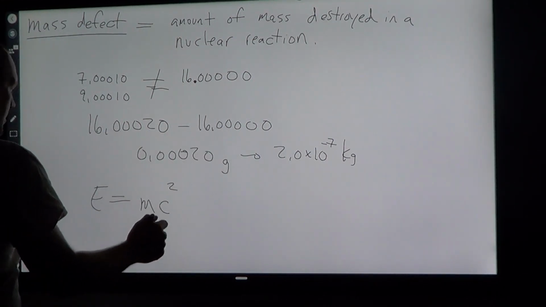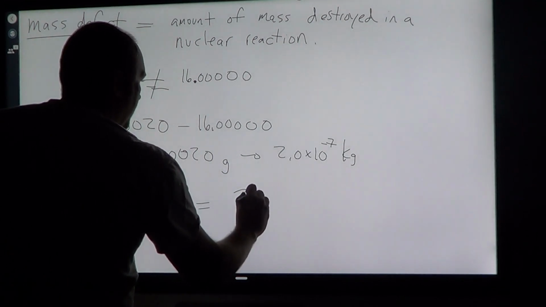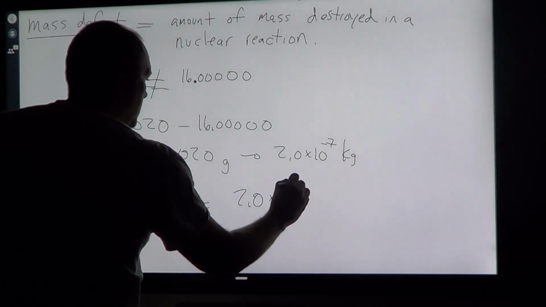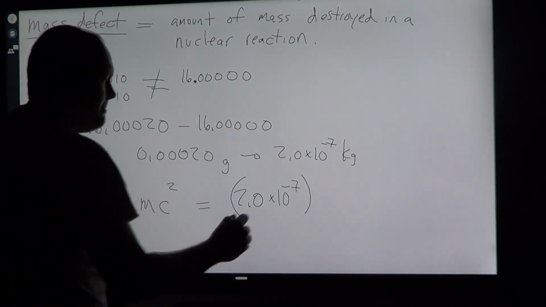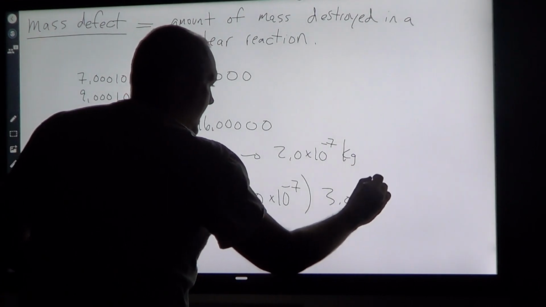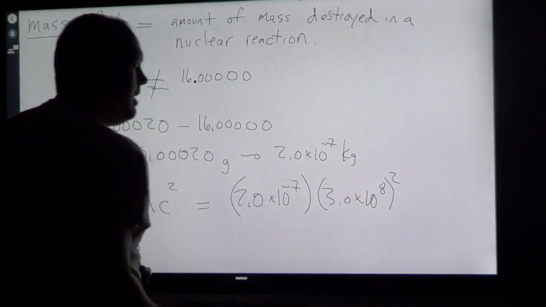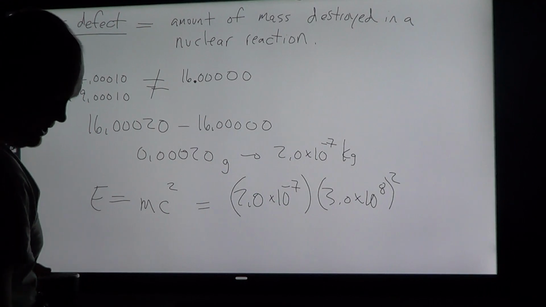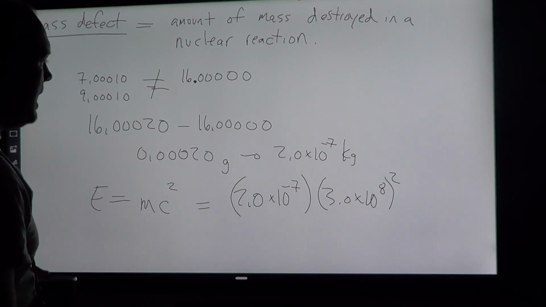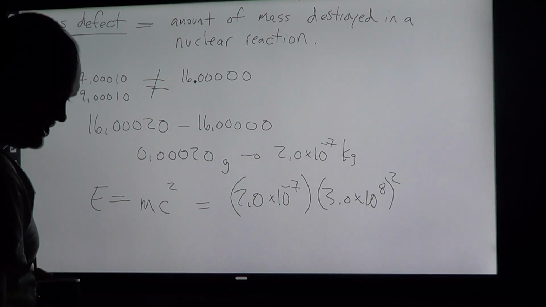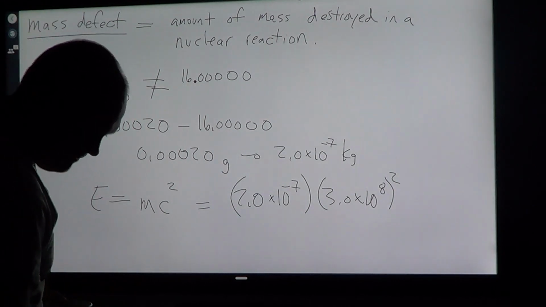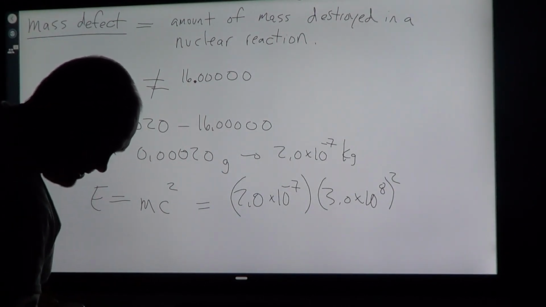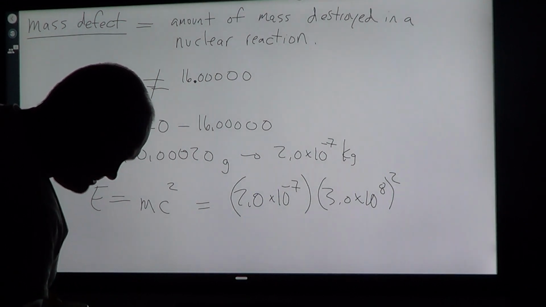If you plug in that number for the mass, and you multiply it by the constant speed of light squared, which was also back in chapter 5, it's 3.0 times 10 to the 8th squared. And that will tell you how much energy is released. And so even though that's a tiny, tiny amount, if you do 2 times 10 to the negative 7 times 3 times 10 to the 8th squared,